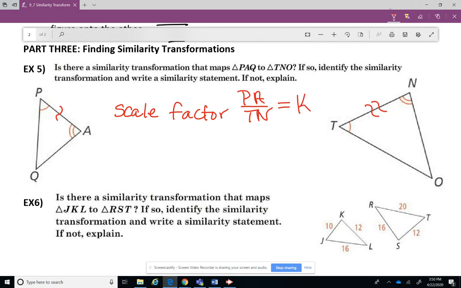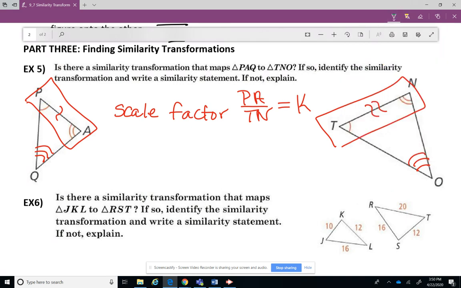We can already see that these 2 angles are congruent with the 2 angles in this triangle. Because of the third angles theorem, you know that the third angle has to be congruent to the third angle. So angle Q has to be congruent to angle O. Looking at angle, side, angle here and angle, side, angle over here, these are similar by ASA similarity. We know they were dilated by some scale factor, which we're going to call K, and we can tell ASA. That's a similarity statement. So the dilation by K and rigid motions